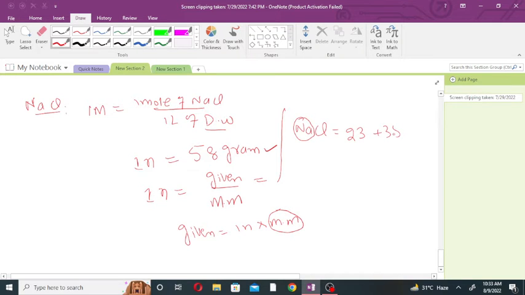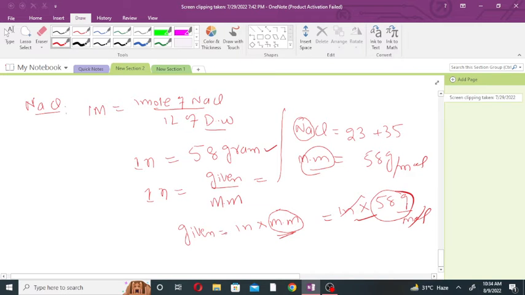So it is 58 gram per mole. This is the molar mass of NaCl. So we put here 1 mole and this 58 gram per mole. Mole cancels with mole. We will take 58 gram of NaCl